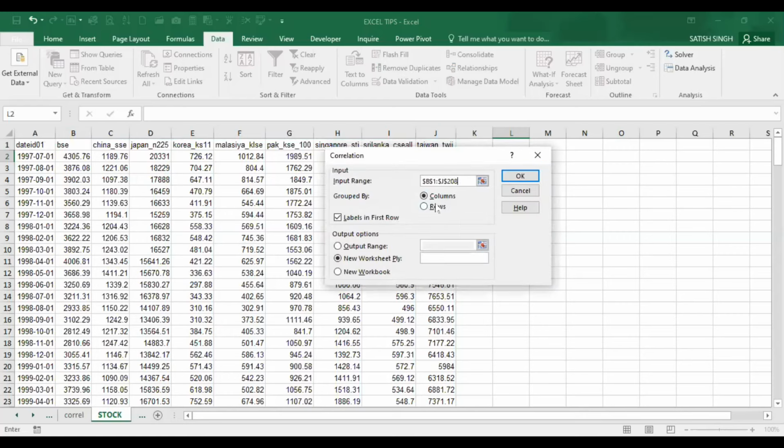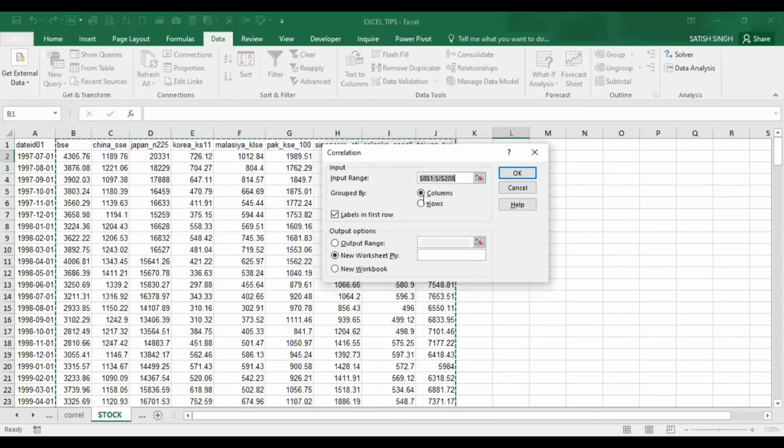I want the result in columns, and I have also selected the labels, so I have checked that. Because these are 9 different variables, I do not want the output in the same sheet, so I want another worksheet. Just click this and hit OK.